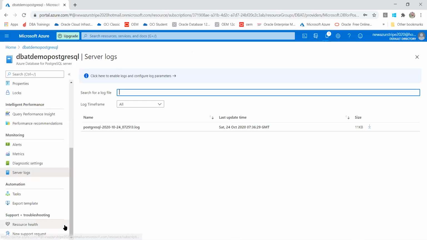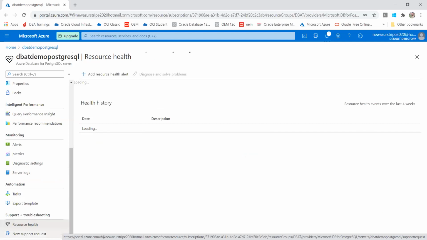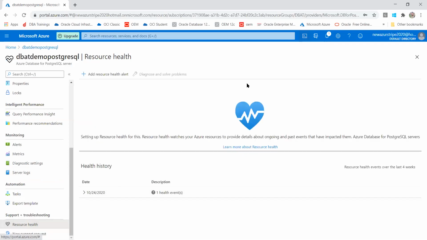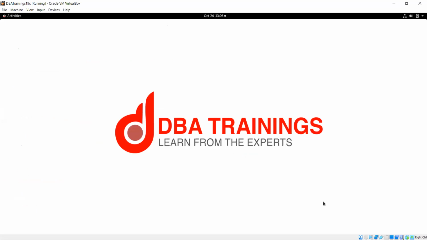So many options you have. Export template, resource health. All these you are able to monitor. I hope it is okay for all of you for this module. And in the next module, we are going to talk about how we can manage the database, how we can secure the database, those are the things.